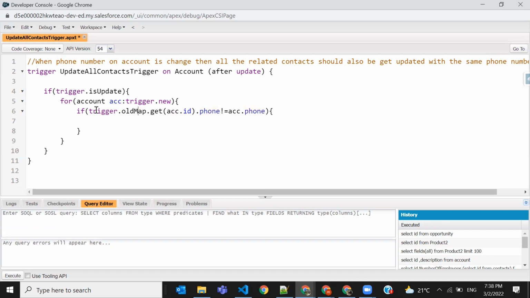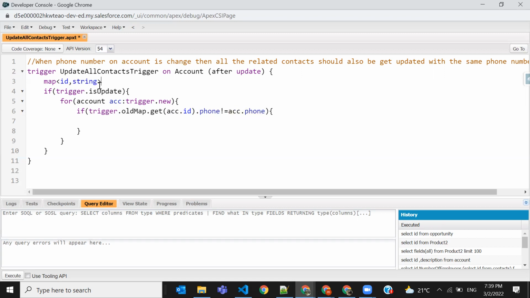Okay, so now we are going to compare this one. Please try to understand this highlighted line only, because this is more meaningful. Then you can understand the significance of your map. You can implement map everywhere. Okay, so now my old value, it will bring my old value. This is my new value, which I'm going to insert. Okay, if both are not equal, definitely it is updating. We are updating. So now I'm going to use a map again